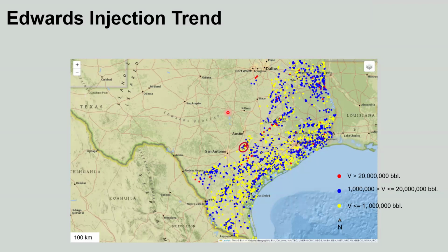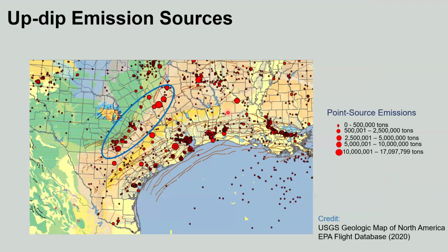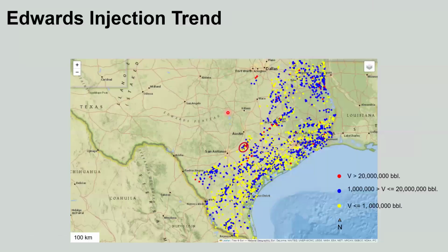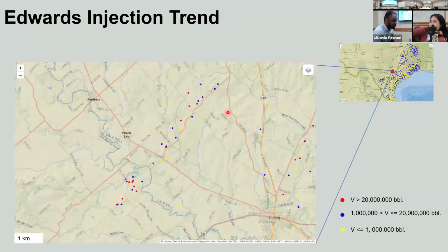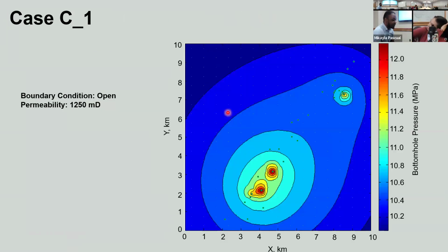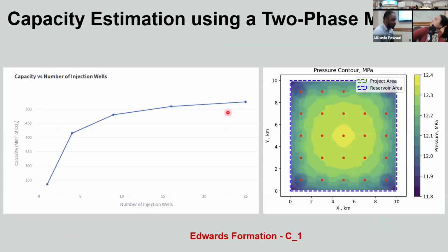I also have another question. So I guess the conclusion out of your case study is that pressure interference doesn't seem to be an issue. Is that a general conclusion for all of the formations that you looked at? No, at least that conclusion is based on the Edwards. If I go to that trend, you can see I have it labeled for,